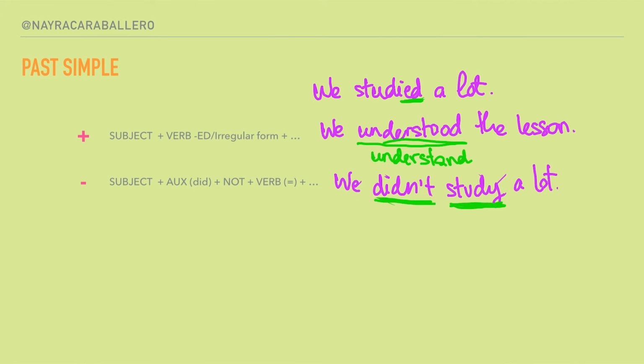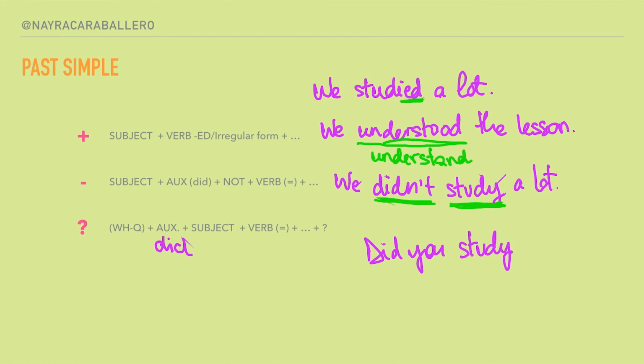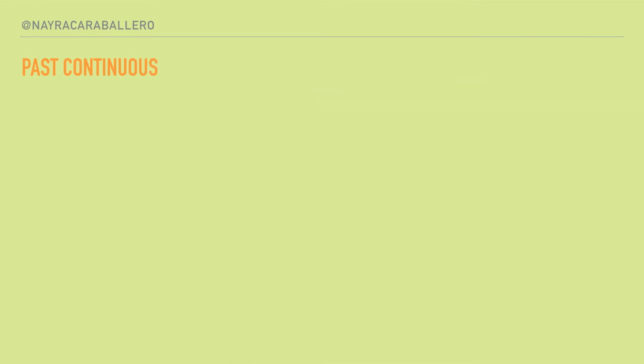And then in the question form we have this structure, and we have to bear in mind that here the auxiliary verb is did. So a question would be, for example, did you study a lot? Okay, good. Now past continuous is used to talk about incomplete actions in process at a concrete moment in the